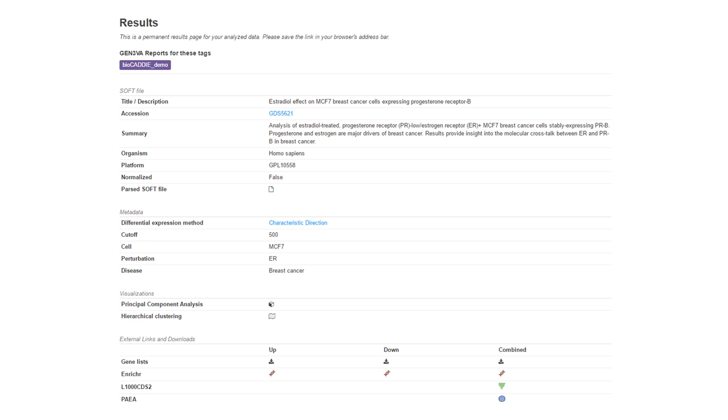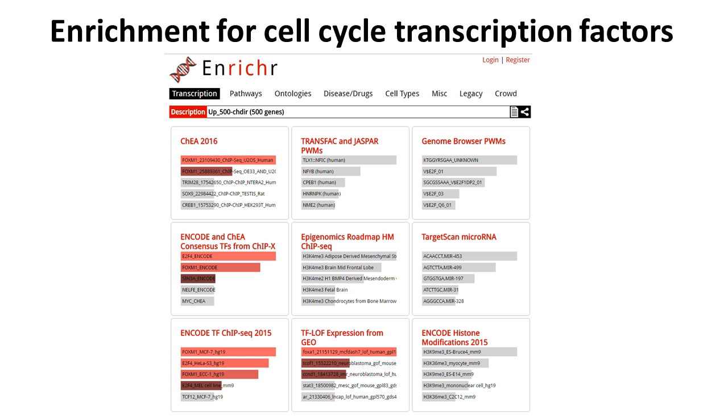So if I click on the link for Enrichr that is next to the up, I get enrichment analysis for the upregulated genes. So let's go to the next slide. So this is the result for enrichment analysis, and we clearly see a signature for transcription factors that regulate the cell cycle. So those are FOXM1 and CHIP6 studies that were previously published and showing enrichment for those genes that are upregulated after estradiol treatment. And if you go to the next one,